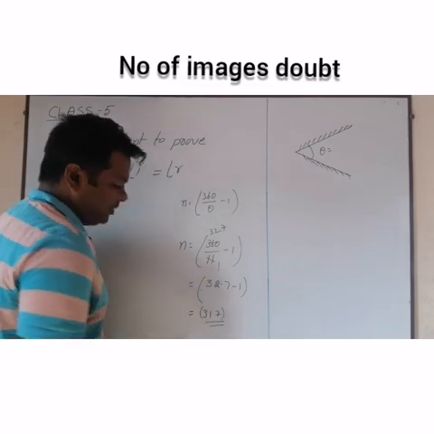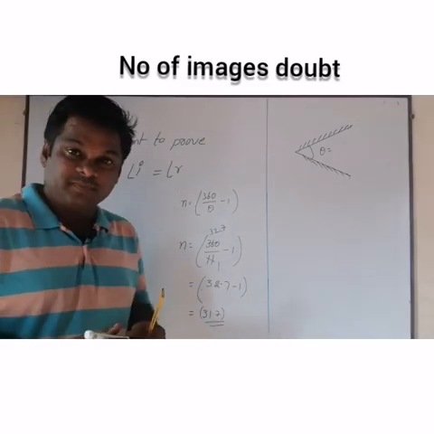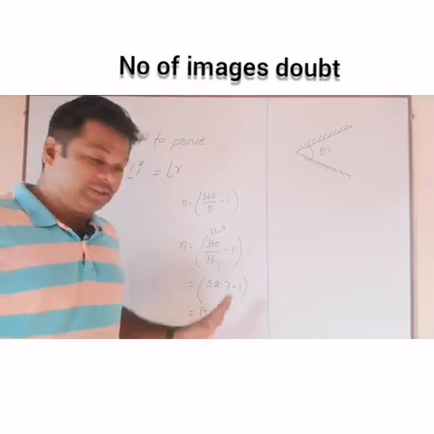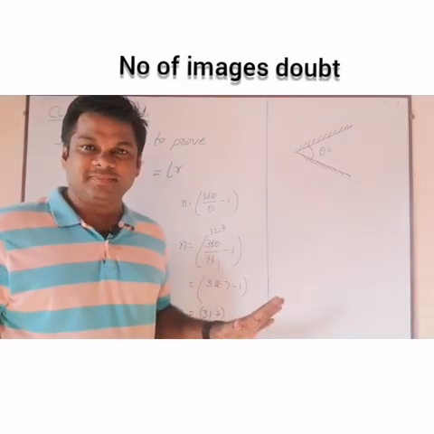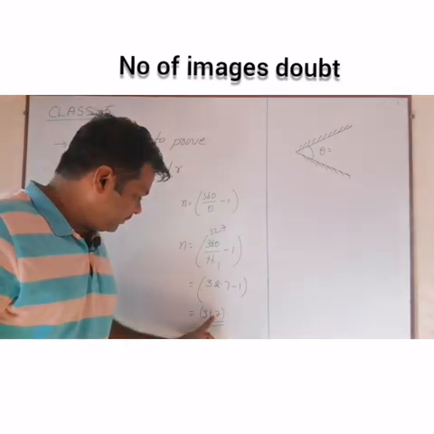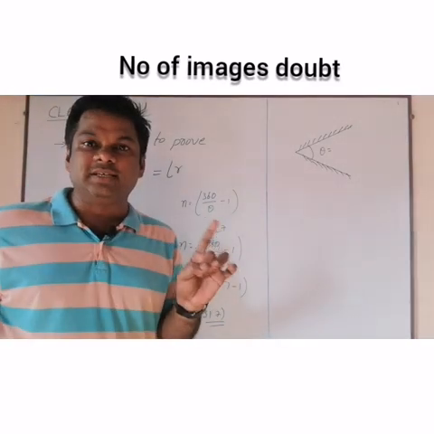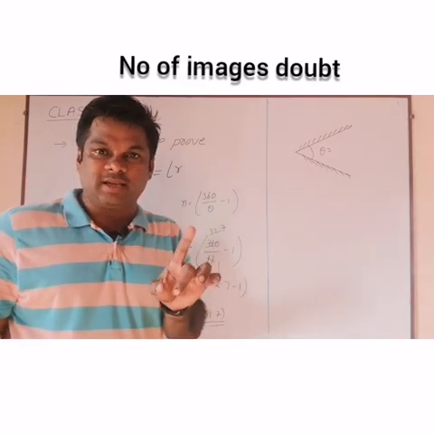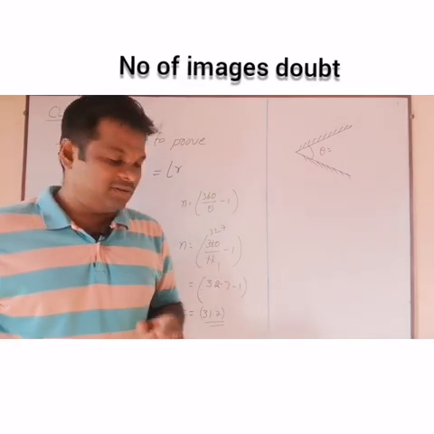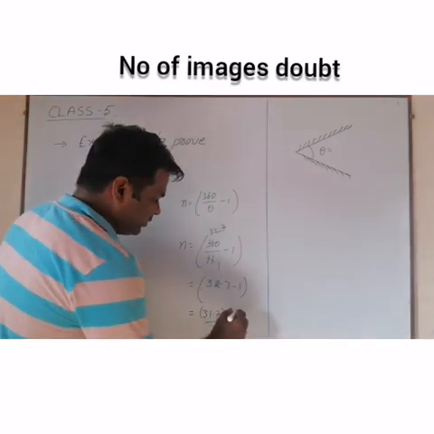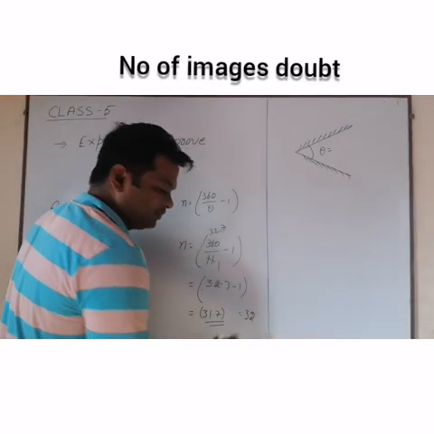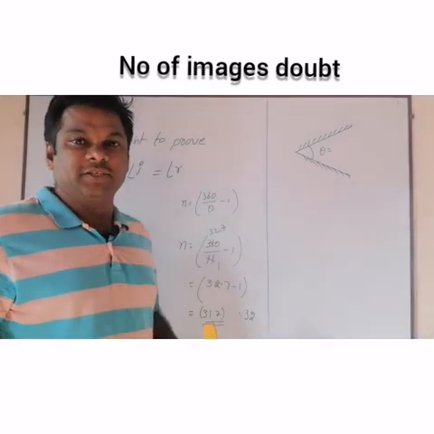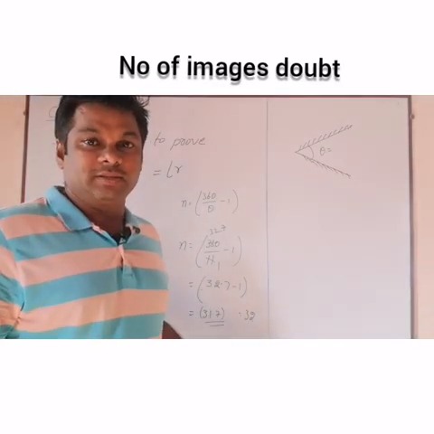So how many images will you get here? You will get 31 images, sure. What about this 0.7? Even if you get a point after a single digit other than 0, consider that as another image. So here the total number of images is 32, more than 31, that is definitely 32. So the number of images is 32.